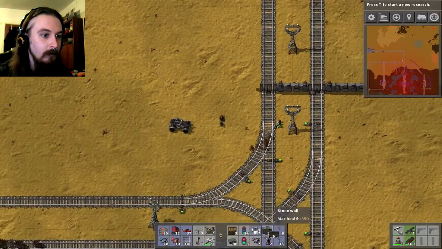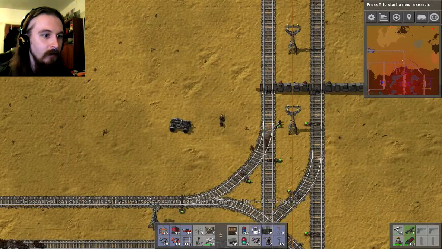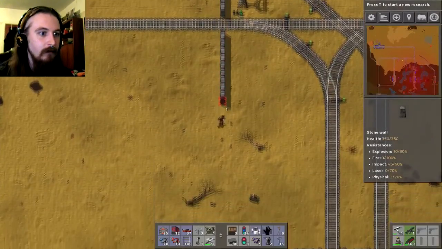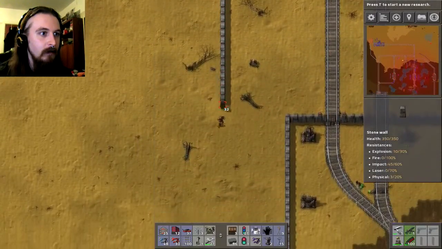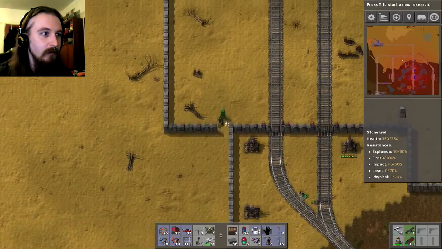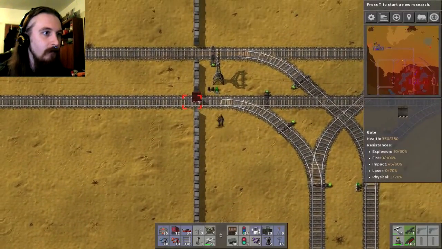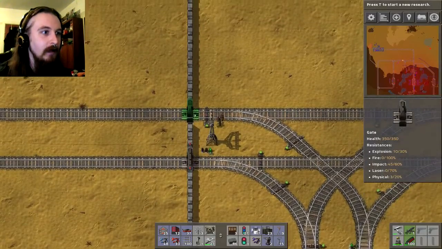So, gates here. Yes, I know I can't place that there. And we'll just bring this down here for now. I'm going to try and do this in sections. I suppose it's being strategic about things. But if I can work on it in bits instead of trying to get the entire thing in place,